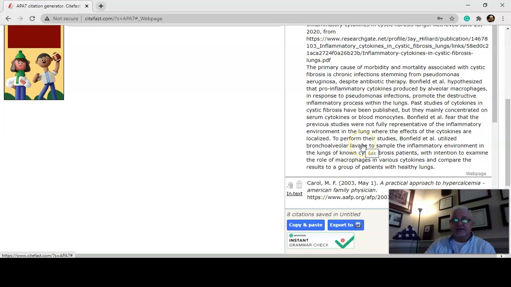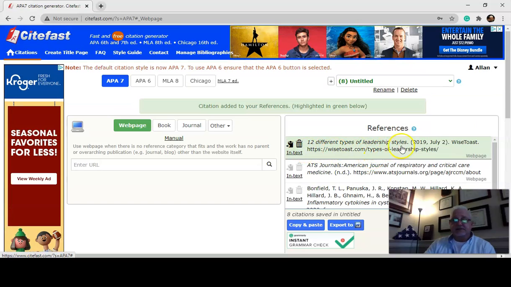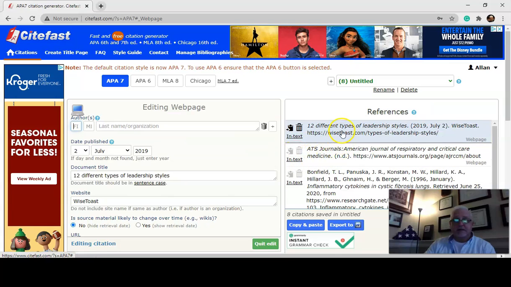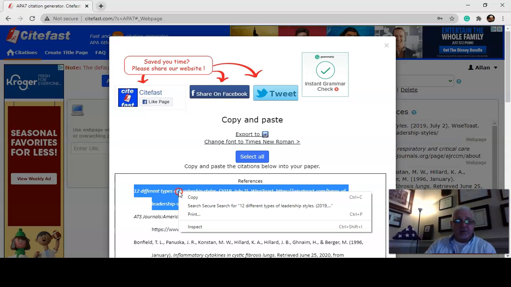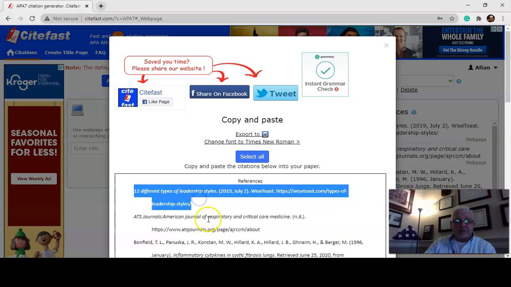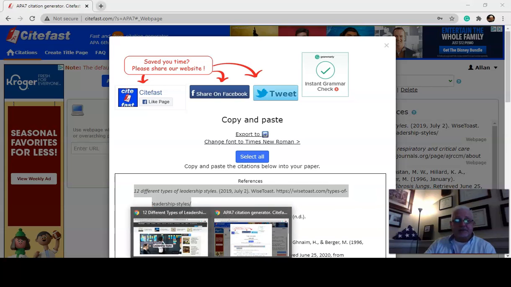Now when I go to Save Citation, there it is. 12 different types of leadership. July 2nd, 2019. If I click on it, I can look at what it is. If I want to see what it's going to look like when I put it to a discussion post or as a reference on my research paper, I would hit copy. Then I would go back to my discussion post,